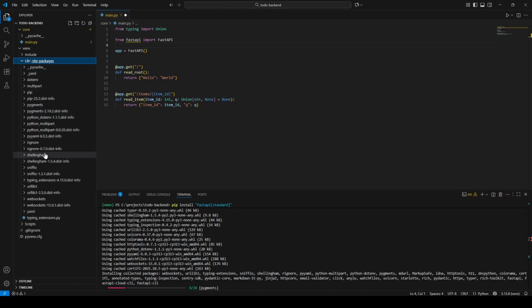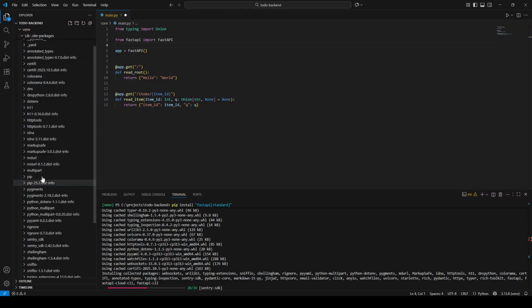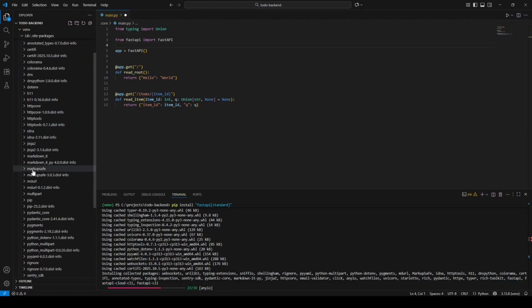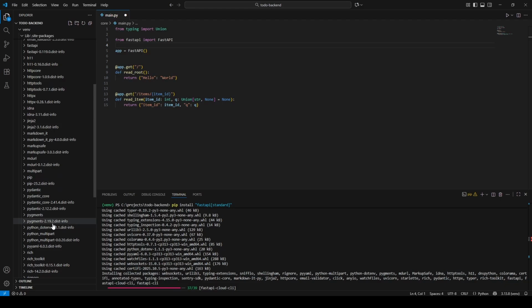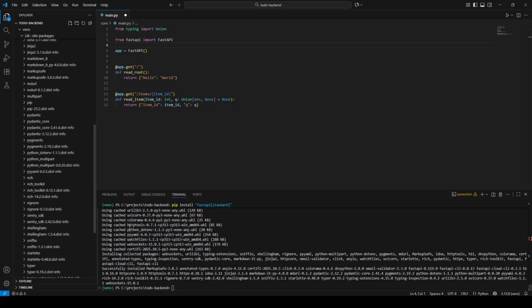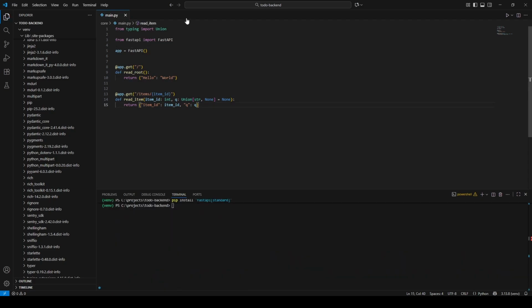So you see, it's installing all FastAPI dependencies as well as other packages that FastAPI is using under the hood, like httptools, etc. So now that we have installed it in our virtual environment and we are pointing to the correct file,